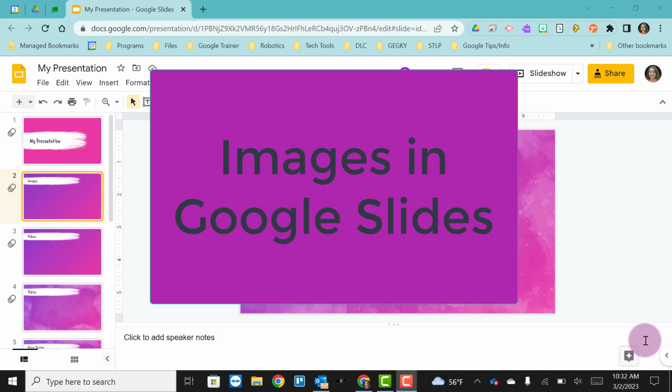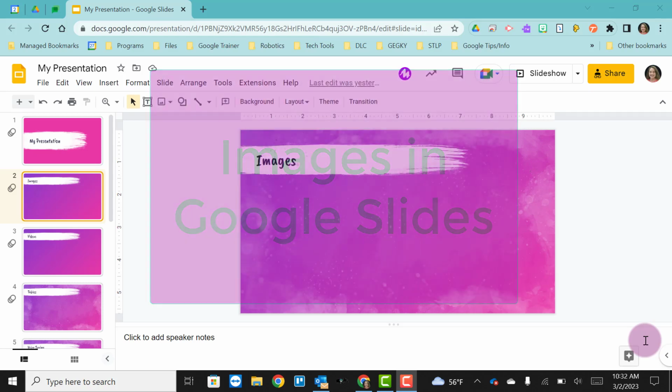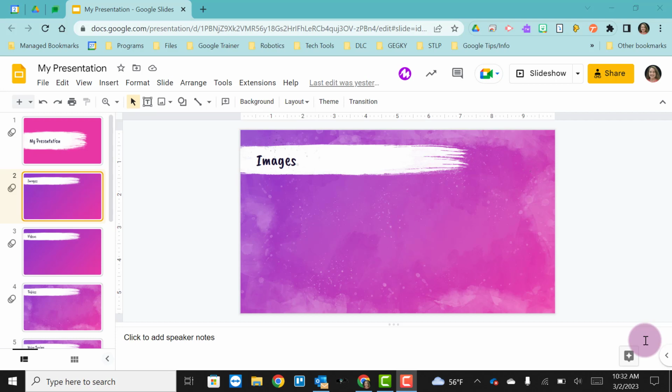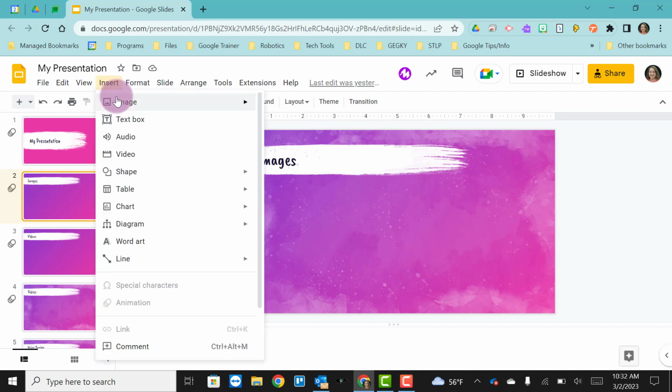Just like in Google Docs, you can insert images into a Google slide deck, but you can also do a lot more with images in Google Slides. So let's take a look at that now. So again, just like in Google Docs, if we want to insert an image, we're going to go to Insert,